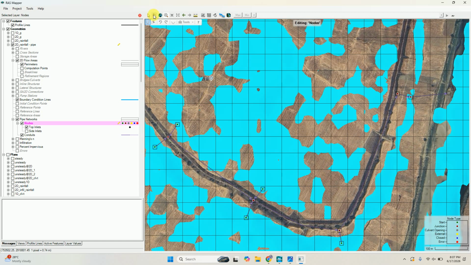Here I have given this node, this node, and here a third node. Okay, so the idea is, first I have created this node. I have clicked here, then here, then here, here, and here. The idea is I want to take water from here to this location, here to this location, then this water will go towards here. This is the main pipe network.